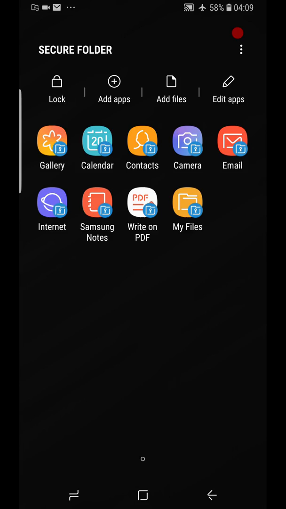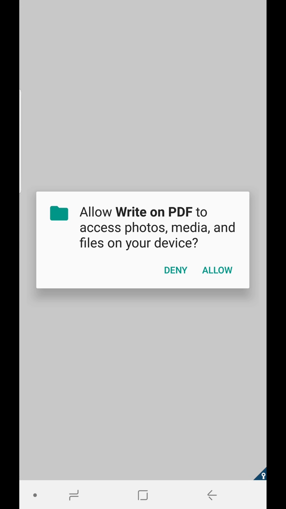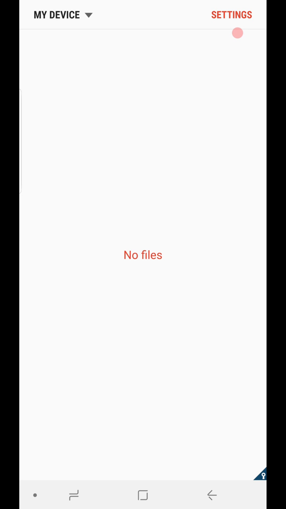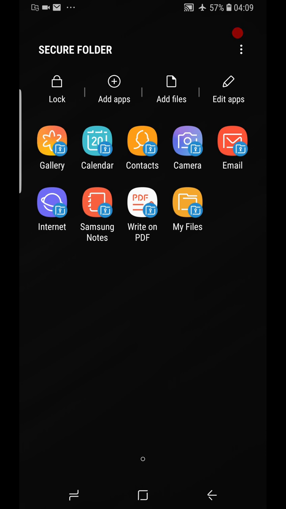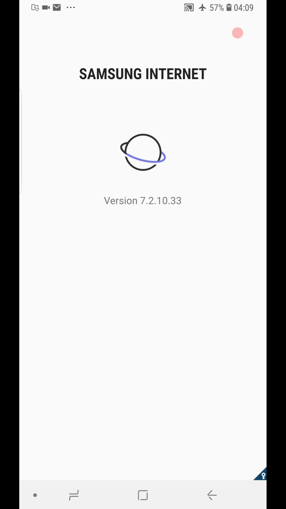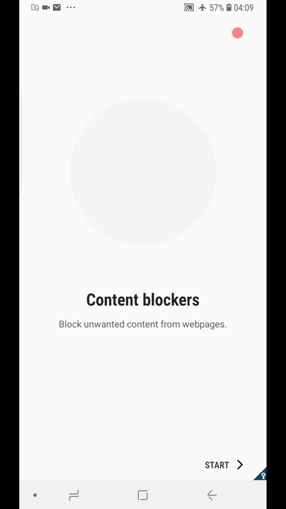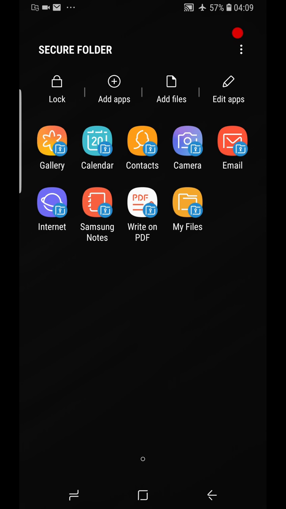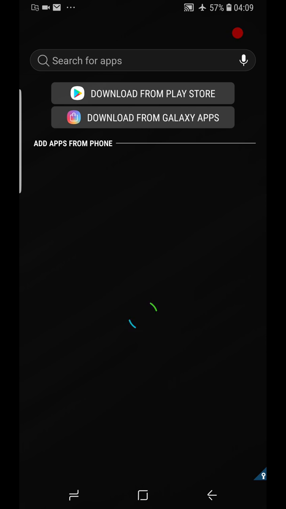And when you open this, to make sure that you are in the secure folder, you see right down at the end down here, that little key-looking icon. That is to tell you that you are in the secure folder. And then you have your internet. You browse the internet privately in your secure folder. So you could do whatever you want. You could add more apps. For example, if you want to add an app, you click on add app, and